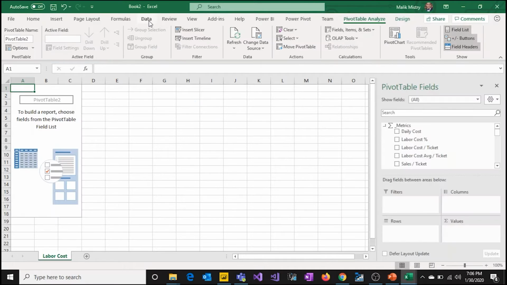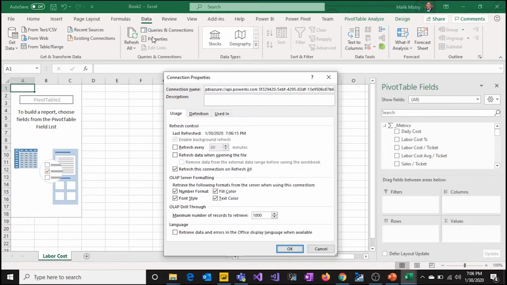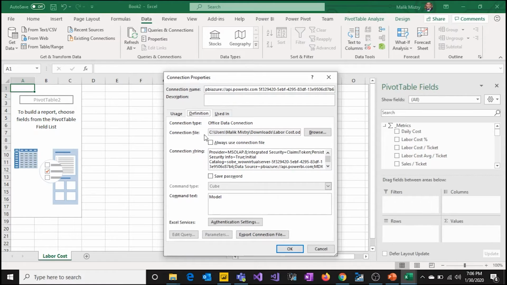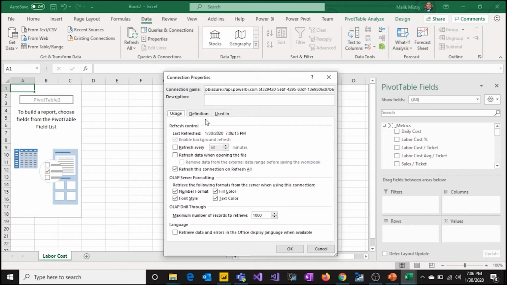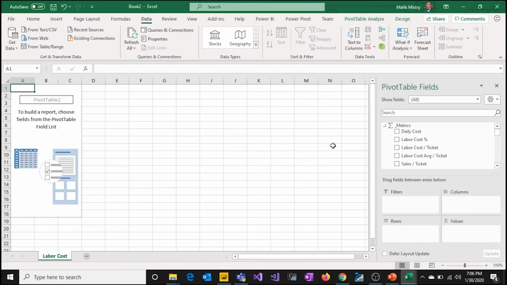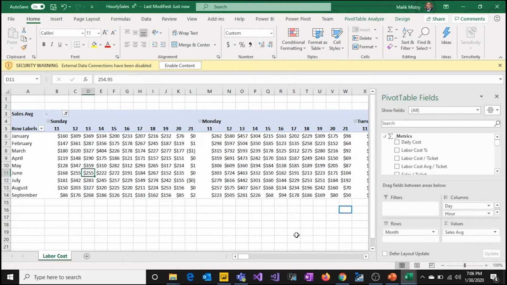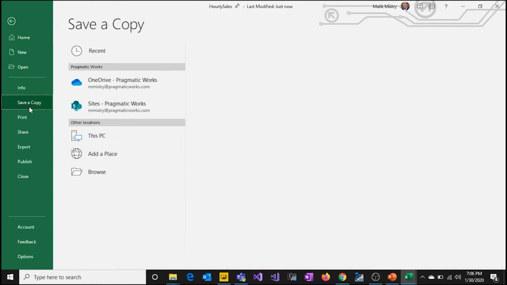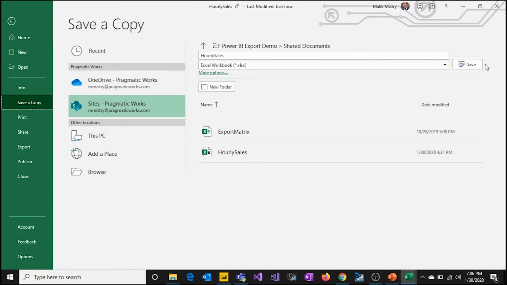It is connected to the model that's in Power BI, just like an Excel pivot would be connected to a tabular cube. And you see the definition right there, the server name and all that right there. So using this pivot table, we were able to create this right there that looks something like this, and then save it to your local instance. So save as somewhere, hourly sales, save,